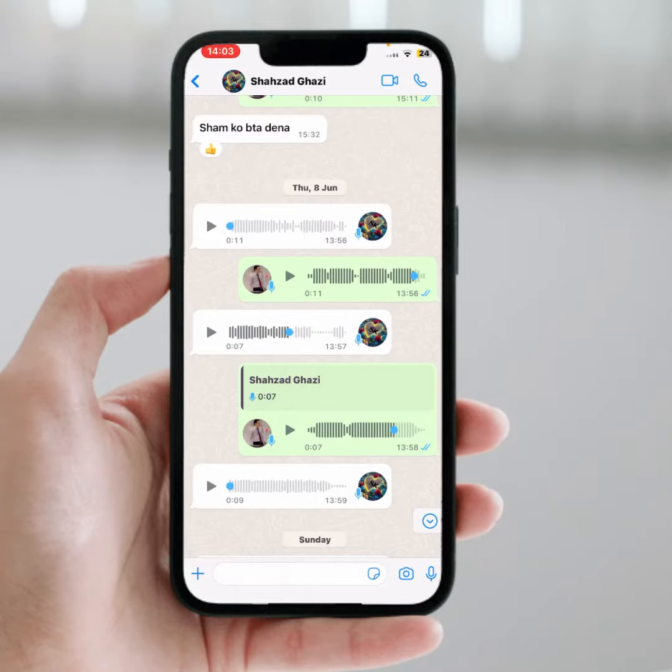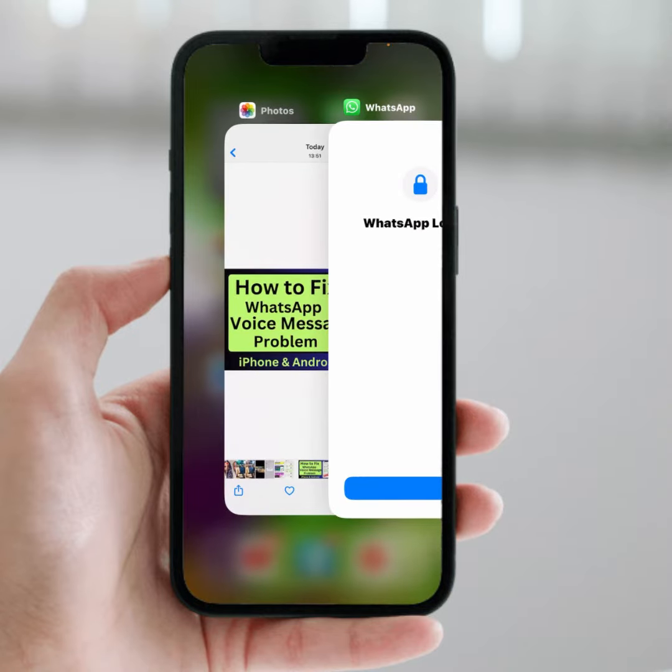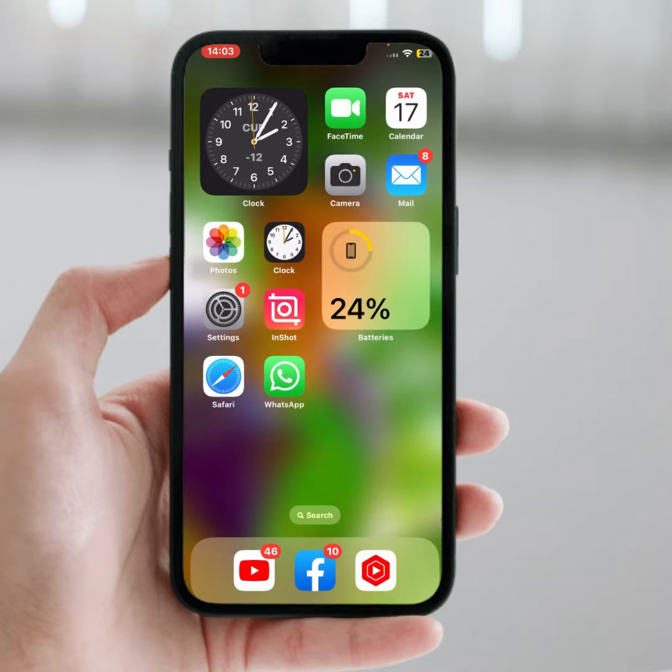In this tutorial, I'm going to show you how to fix the WhatsApp receiving and sending voice message problem on iPhone and iPad. So how to fix? First of all, go back to your home screen, then open your iPhone or iPad settings,